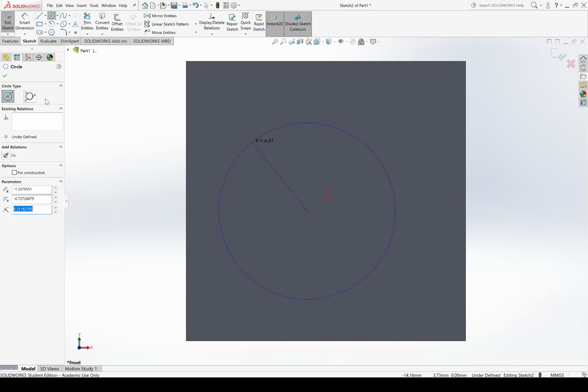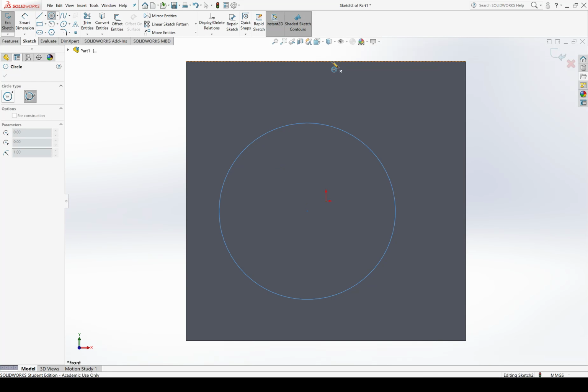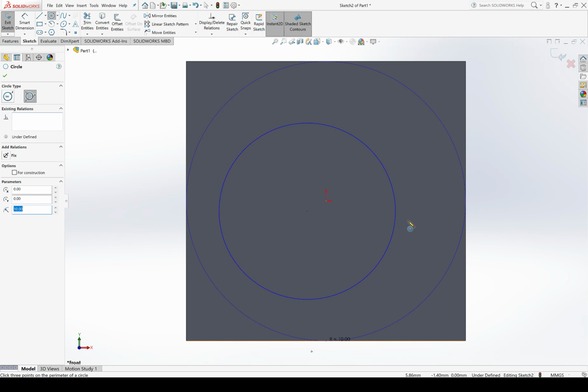By the way, that two-click method of creating a circle is the default, but it's not the only way of defining a circle. If I wanted to, I could select one of these other circle types. In this case, for the circle tool, there are two types. The first one, the default, uses 2 clicks. One defines the center, one defines an outer edge. The other option here uses 3 clicks. These 3 clicks would define 3 points that are coincident to the circle itself. So if I wanted a circle that intersected the outer edges of my square, I could select that option and then click on the outer edges of my square, and it would define a circle such that it intersected those 3 points.